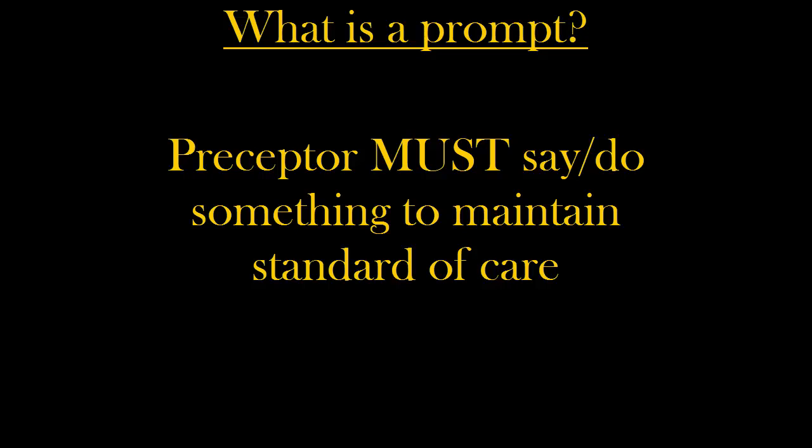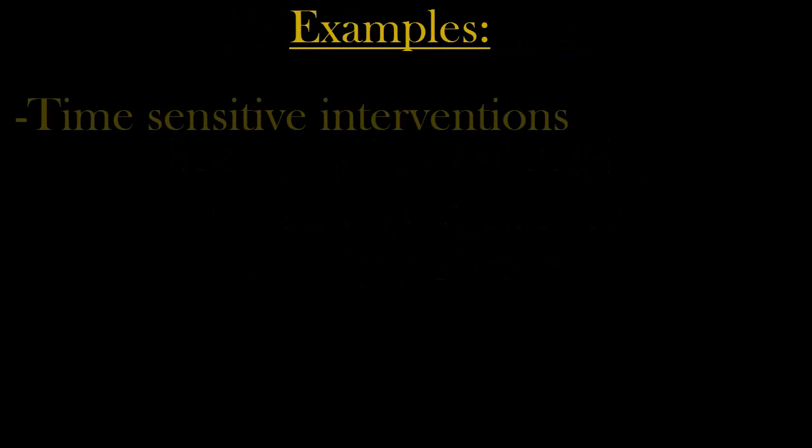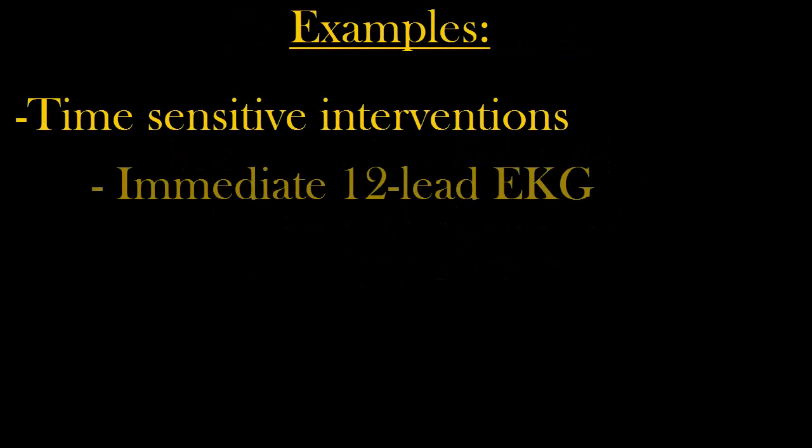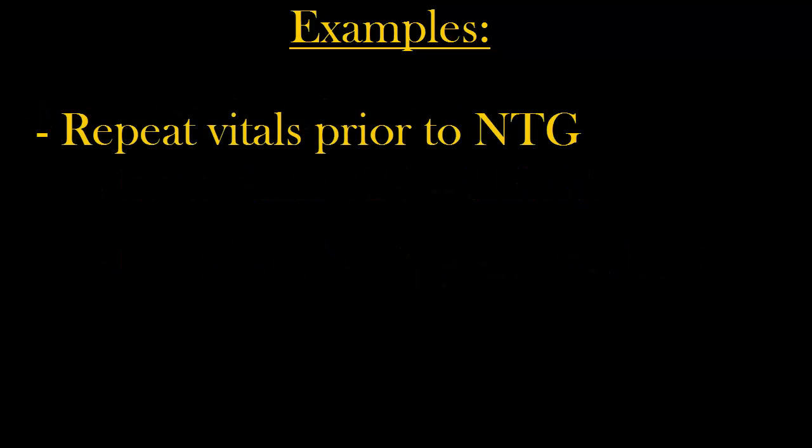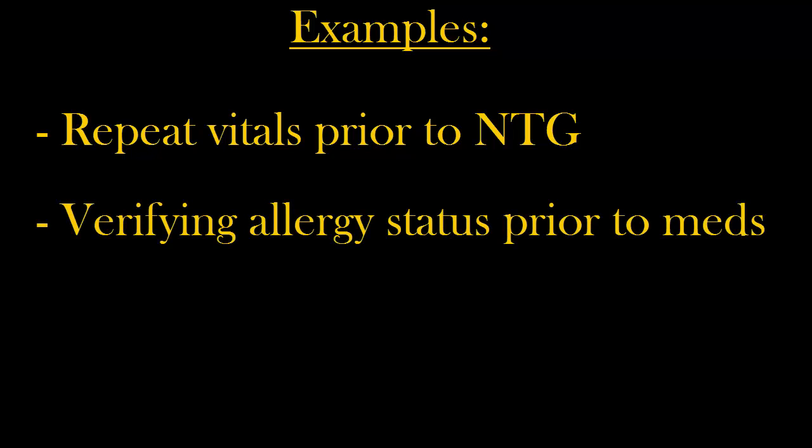an entry-level paramedic. This could include interventions that are time-sensitive, such as an immediate 12-lead EKG in a cardiac chest pain patient, or the need to provide BVM ventilations to a respiratory patient. These are items that must be done to appropriately care for the patient. Other examples could include repeat vital signs prior to repeat dosing of nitroglycerin, or asking about allergies prior to medication